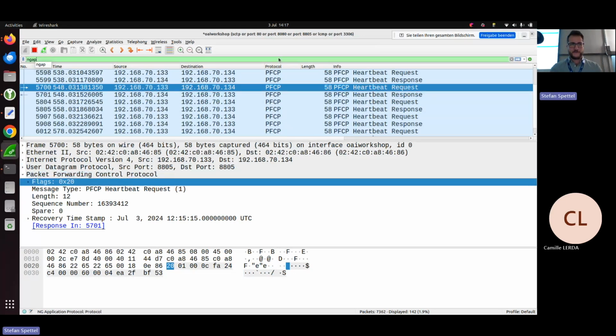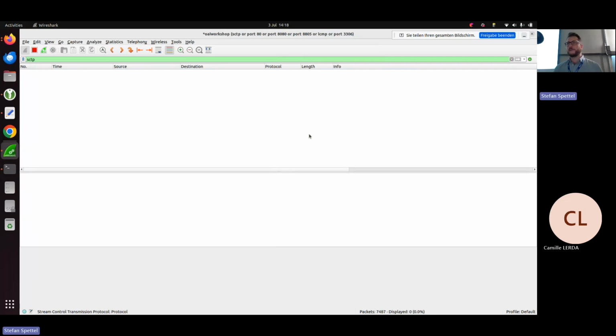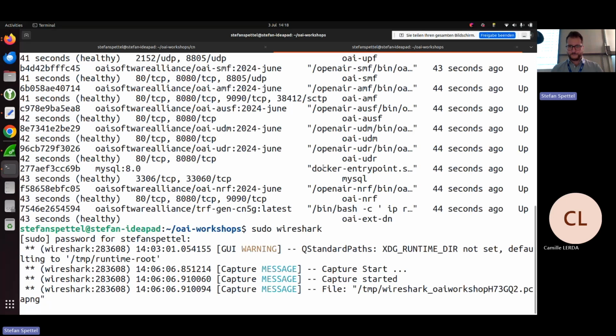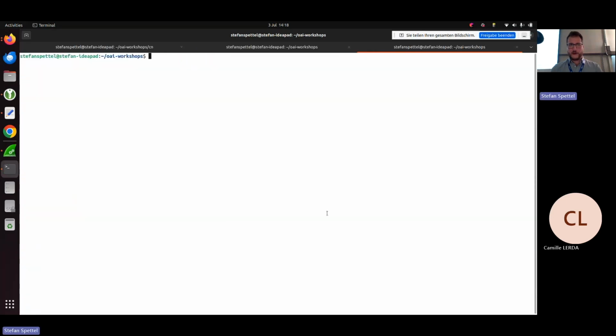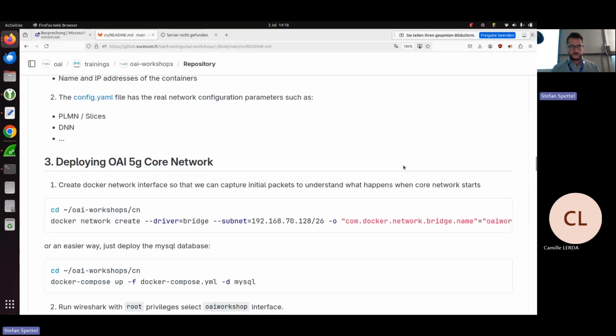So if we're good so far, I would say that it is time to connect the gNodeB. For that, I am using the packet filter SCTP, because I know that all the traffic between gNodeB and core network is using the SCTP protocol. Now you should go back to the terminal, and if you follow the tutorial here,